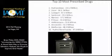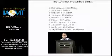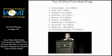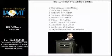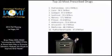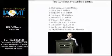Metformin and Synthroid, number 4 and number 9 on the list, don't cause dry mouth. But hypothyroidism and diabetes certainly do. That's some of the biggest clinical implications we see every day in our office. And just for simplicity of this list, I've only taken this out to about 700 million prescriptions. But if you extend this list to the top 50 drugs, you're looking at about 3 or 4 billion